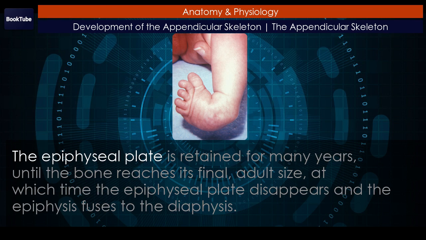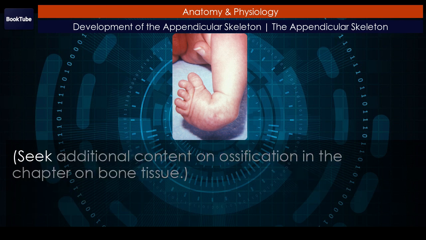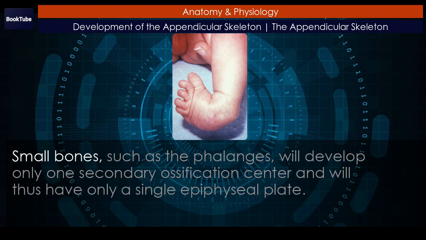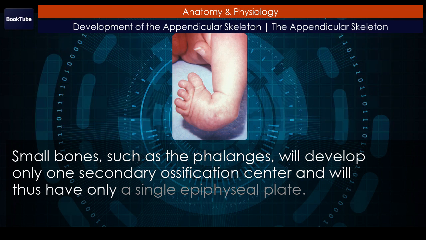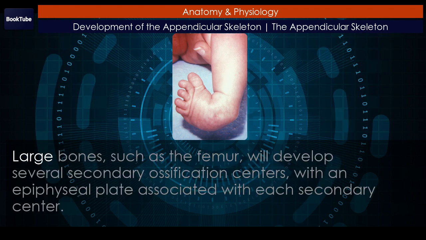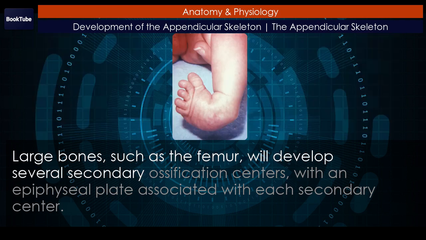The epiphyseal plate is retained for many years, until the bone reaches its final adult size, at which time the epiphyseal plate disappears and the epiphysis fuses to the diaphysis. Seek additional content on ossification in the chapter on bone tissue. Small bones, such as the phalanges, will develop only one secondary ossification center and will thus have only a single epiphyseal plate. Large bones, such as the femur, will develop several secondary ossification centers, with an epiphyseal plate associated with